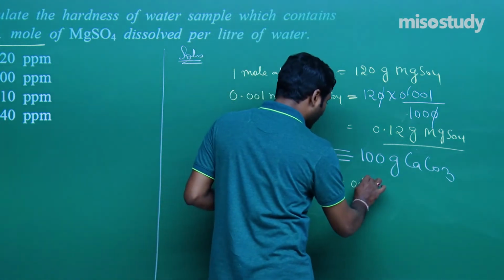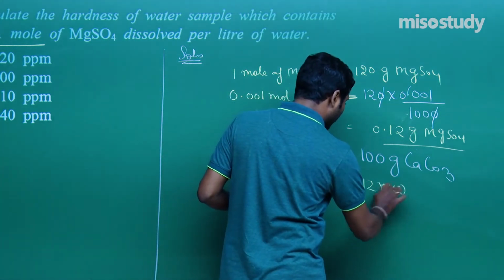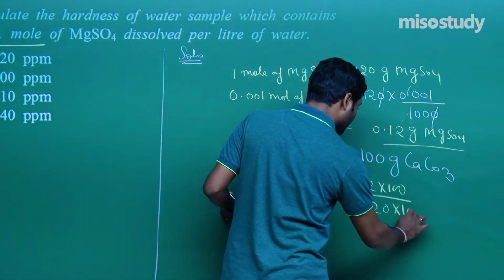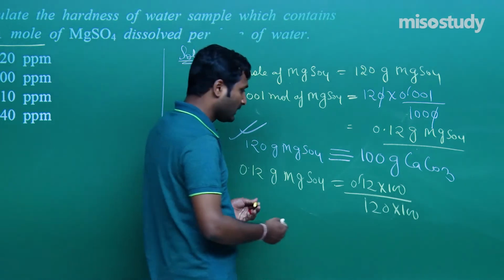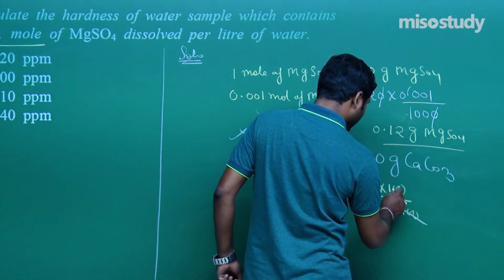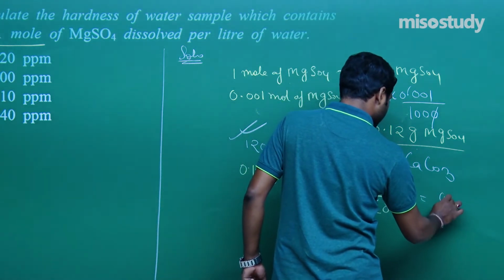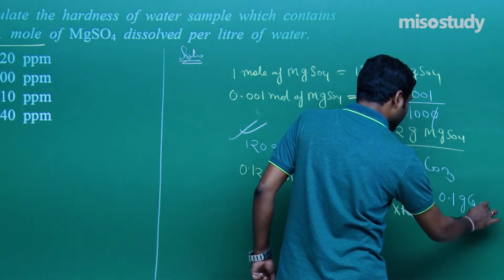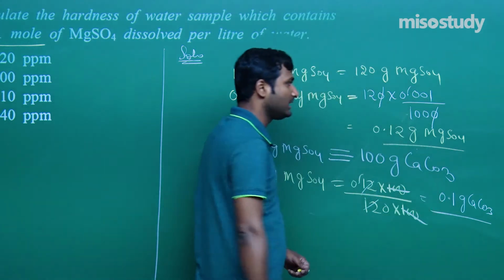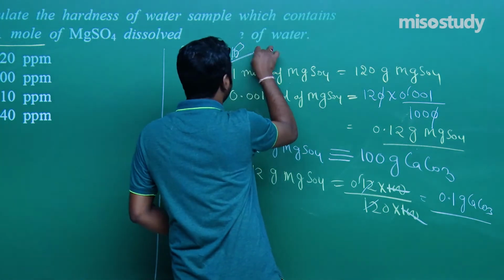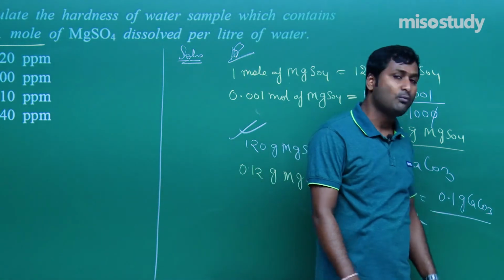Now 0.12 multiply by 100 divided by 120. Put here 100. Clear to you? Now what will happen? This will cancel this one, and 1 upon 10. That is 0.1 gram CaCO3. Clear to you? So we can say per liter, that is 10 to the power 3 gram contains 0.1,